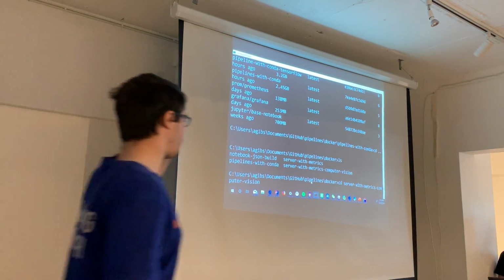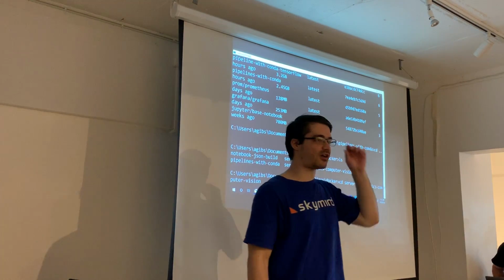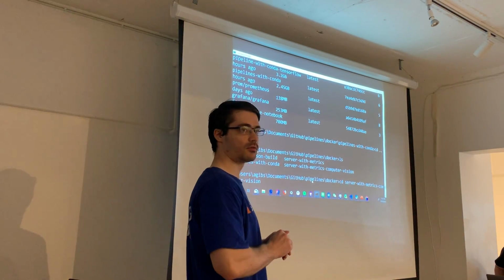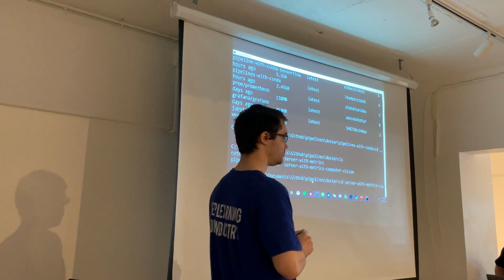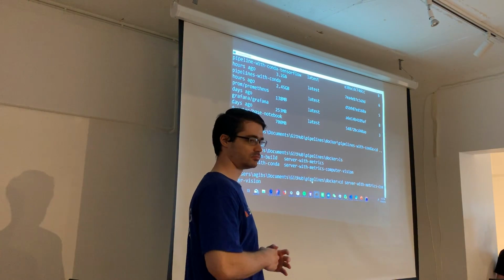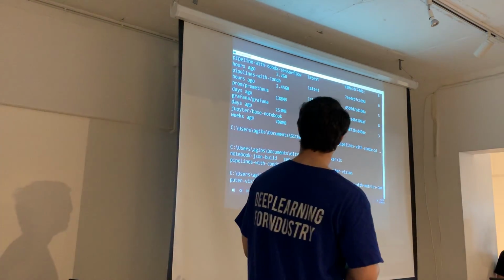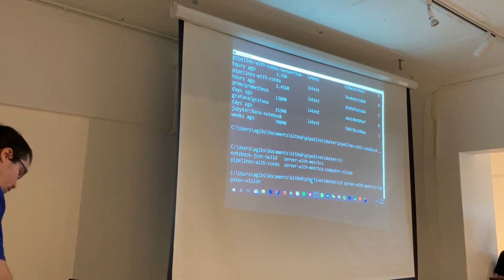So you're going to want this one. Server with metrics computer vision. This is going to be the final folder you get into. So again, it's in that same pipelines folder. Server with metrics computer vision. This has that Docker compose file and then some other stuff in there. So what's in there? Well,